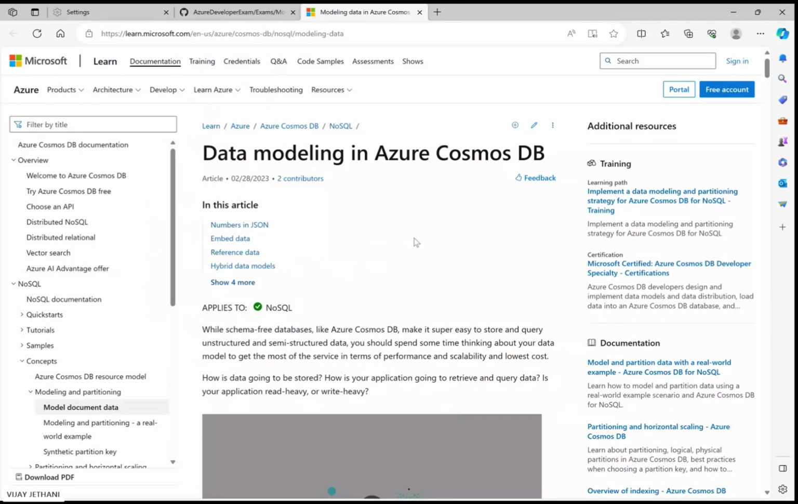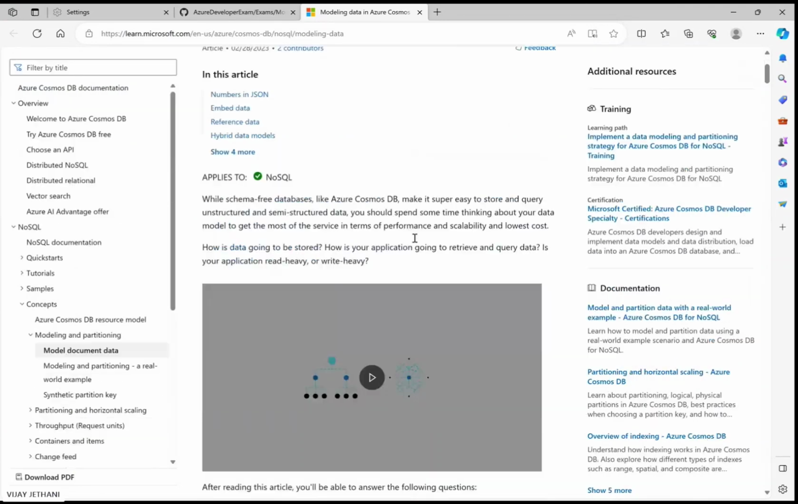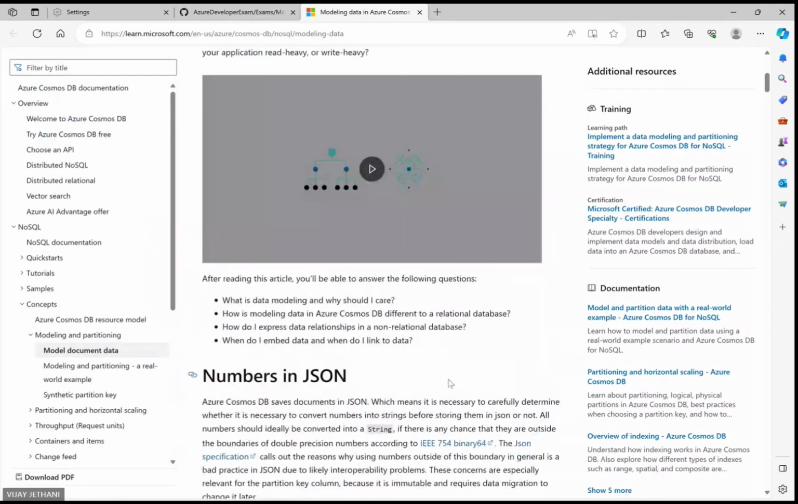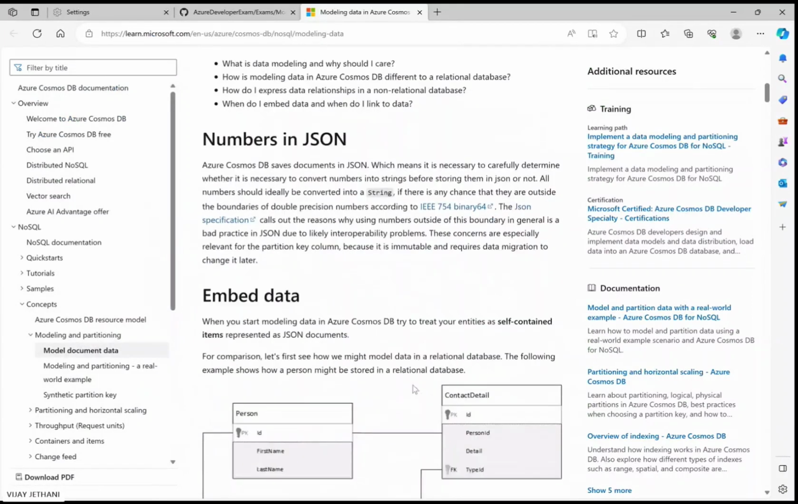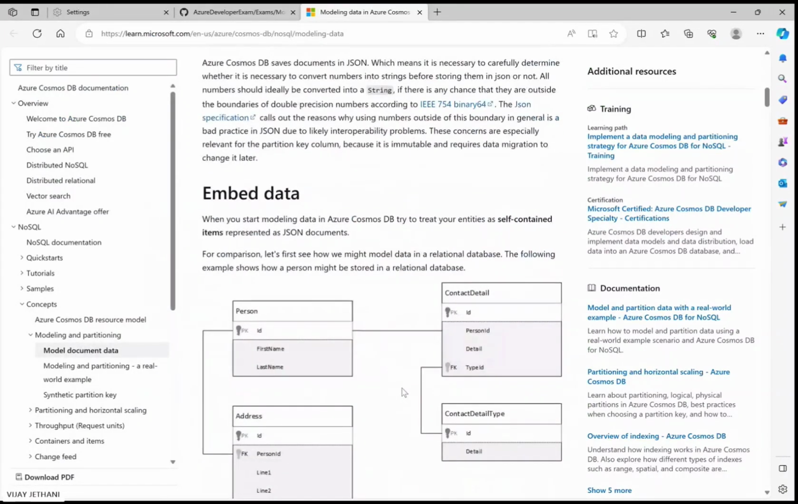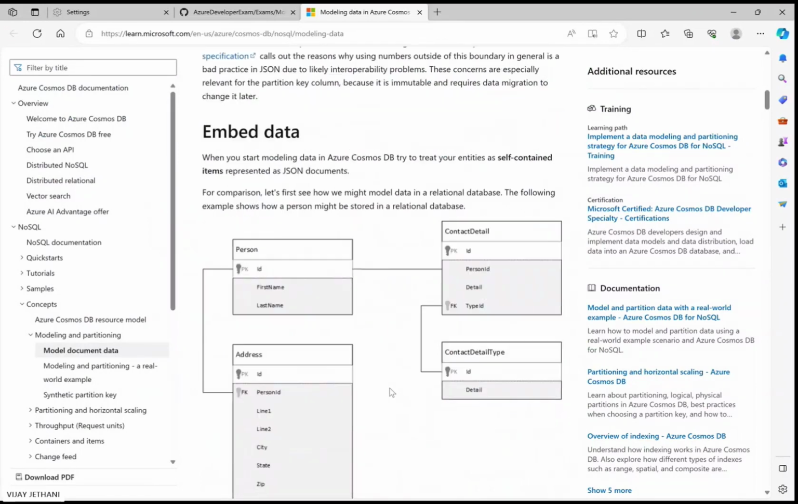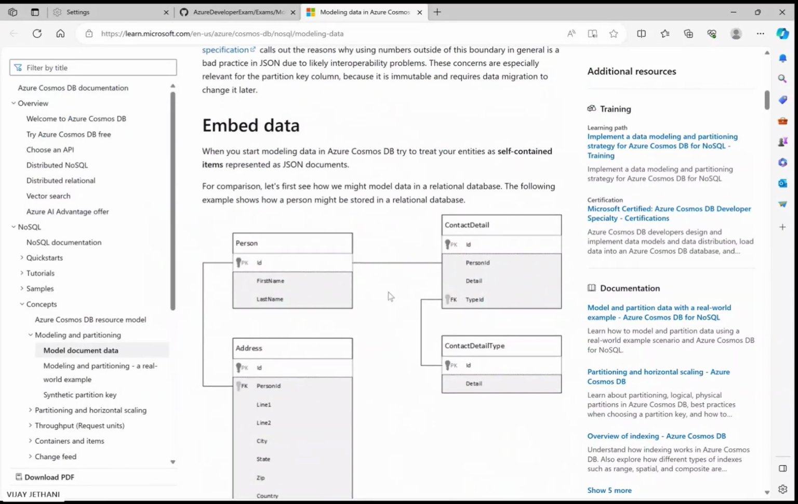Now with data modeling, the important aspect is, even though we are saying it's schemaless and all those things, we still have to have something in our mind so that we can get the best performance and scalability from these particular databases, right? So if I come to the example, here the example is